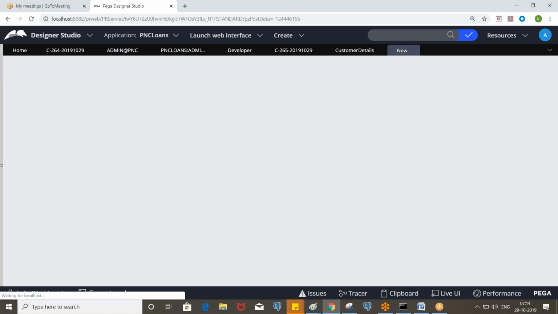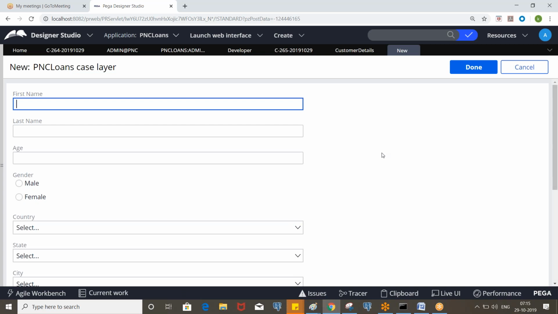So that means we are not skipping the new harness, and you will see that. You don't see the work item created now. Whenever you click on this button, it will create the work object. So behind this button, we have logic to create an item. Whenever you click on the done button, some out of the box rules will be executed. Those will create the work item, and those rules will put work object information into the PY work page. Okay, clear?